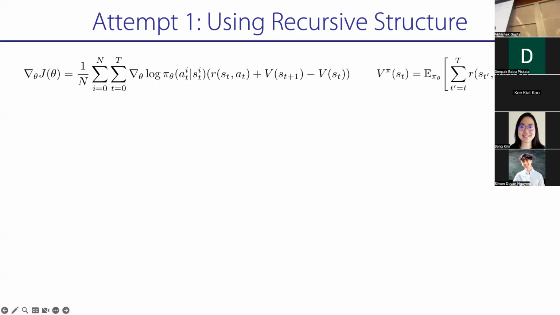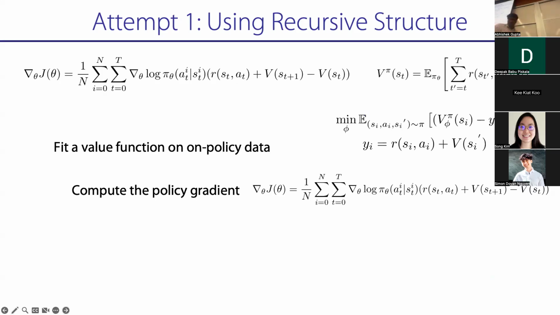Cool. Okay, so we're going to essentially iterate between these procedures: fitting a value function, V phi, computing the policy gradient, then updating your policy. But remember, with an updated policy, you have to refit the value function, right? So you fit the value function, compute the policy gradient again, update your policy, collect more data on policy, and then you go back and repeat.